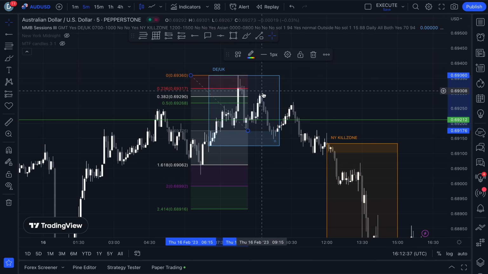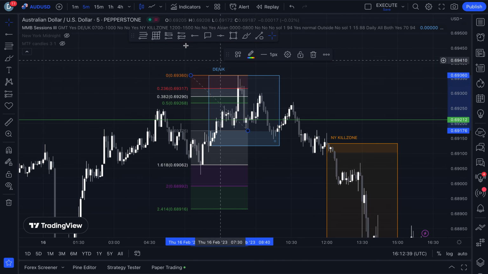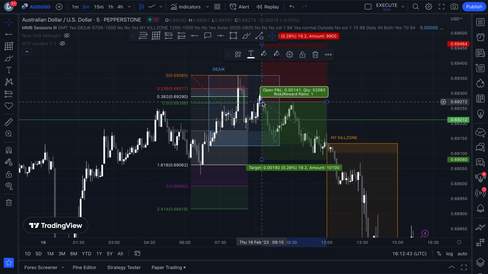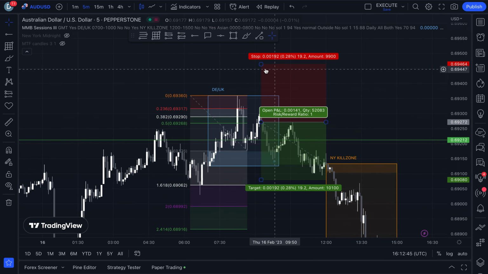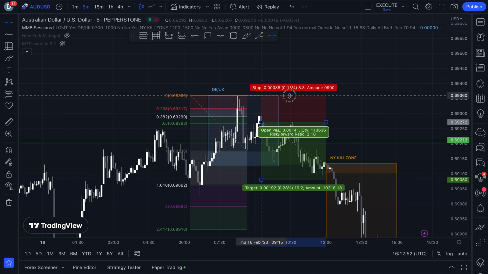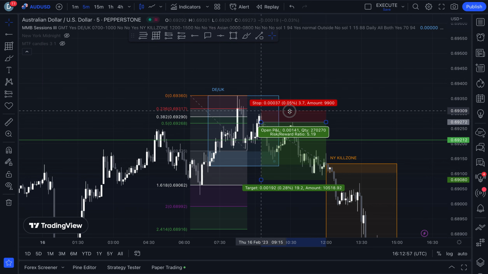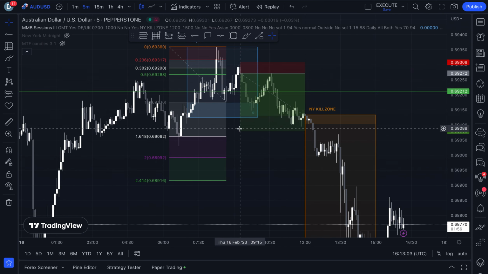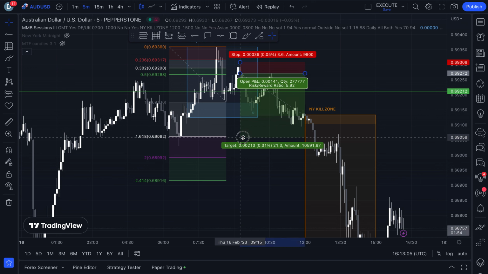This would have been an optimal trade for this particular move. A conservative stop would be 9 pips thereabouts. An aggressive stop would be about 3.5 pips, and then with that we are targeting this 1 to 3,